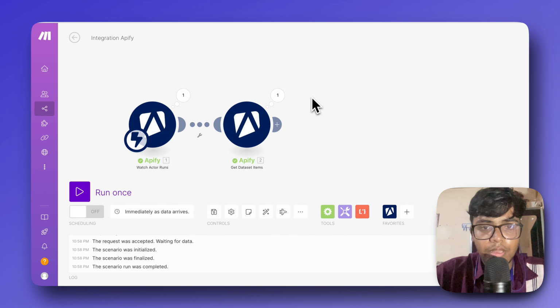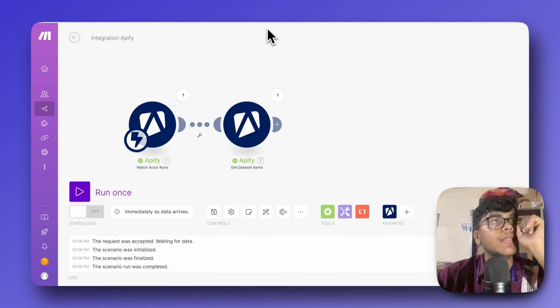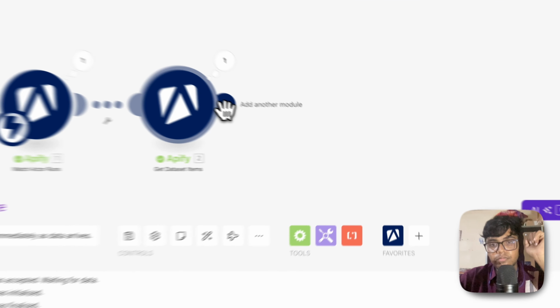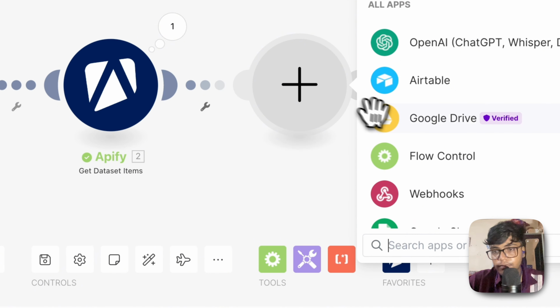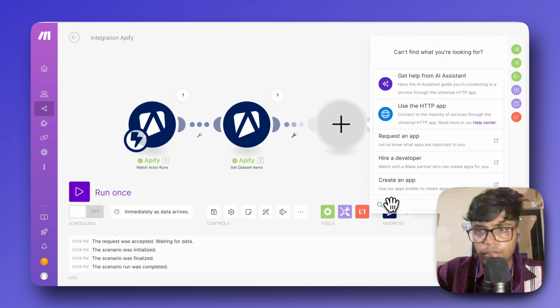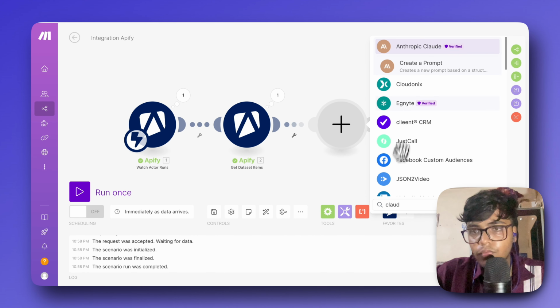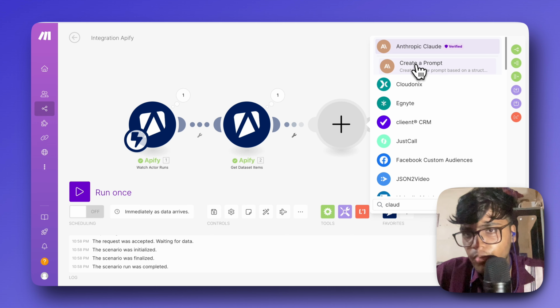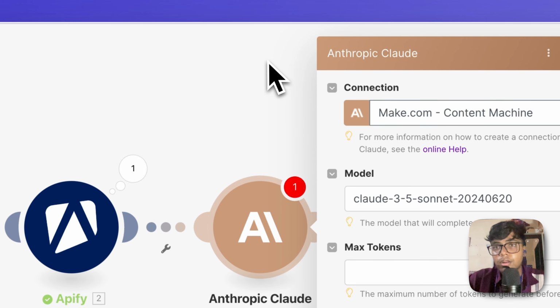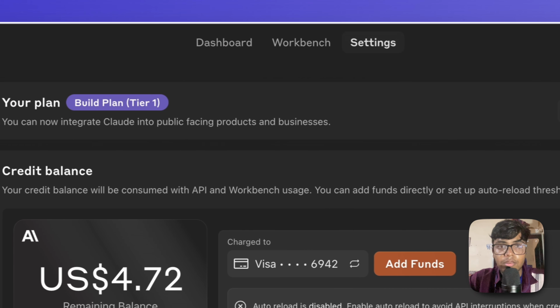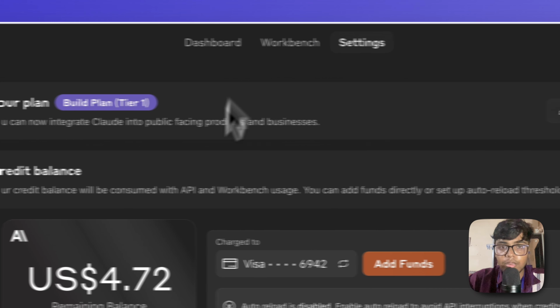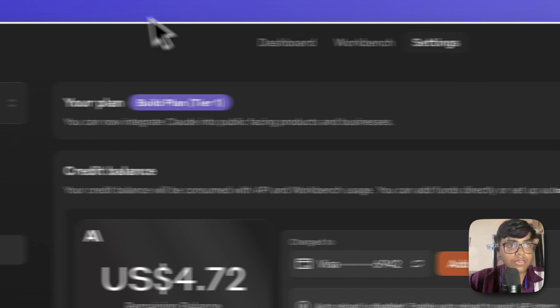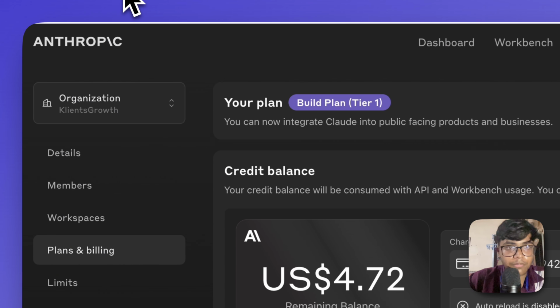So basically now the next step is to add the Claude module, which is here, Anthropic Claude, and then click on create a prompt. Now again, for Claude, I'll show you how to create an account and then how to add a balance to it. So now first come to this URL